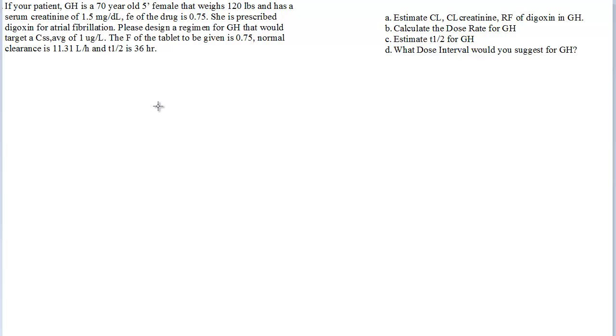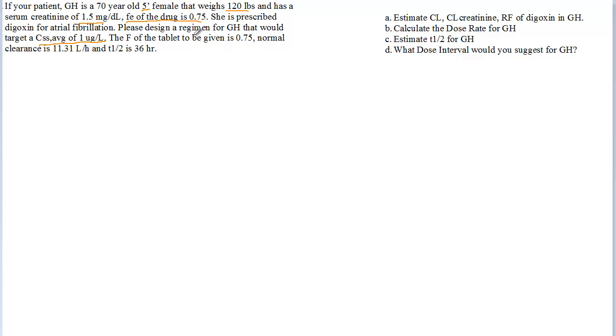Welcome back. Today we are going to solve this question over here. We have information on a patient, GH, who is a 70-year-old female. Height is 5 feet and weight is 120 lbs. The serum creatinine is 1.5 mg/dL, the fraction excreted unchanged is 0.75, and the Css average in a normal patient is